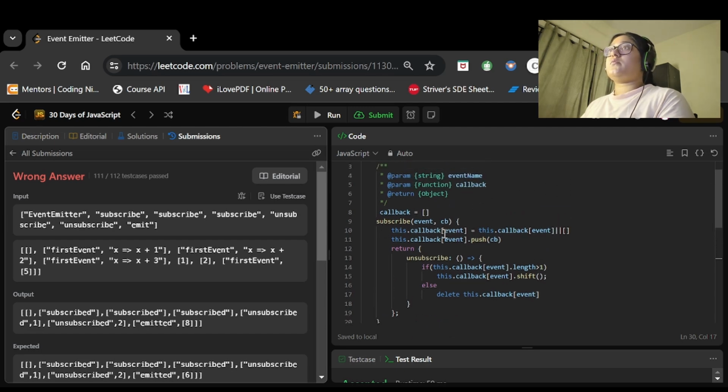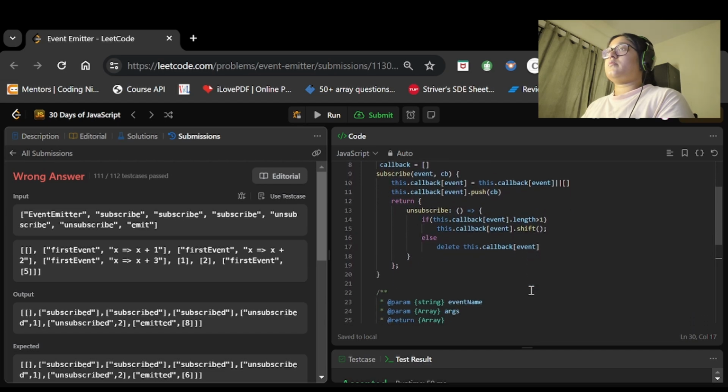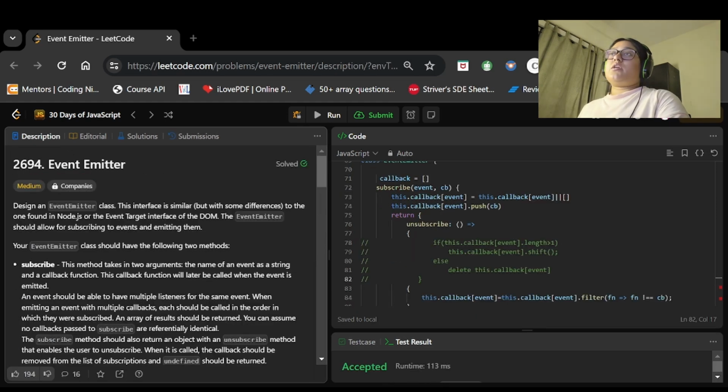The name is correctly event callback. So the error was being caused due to this unsubscribe function.